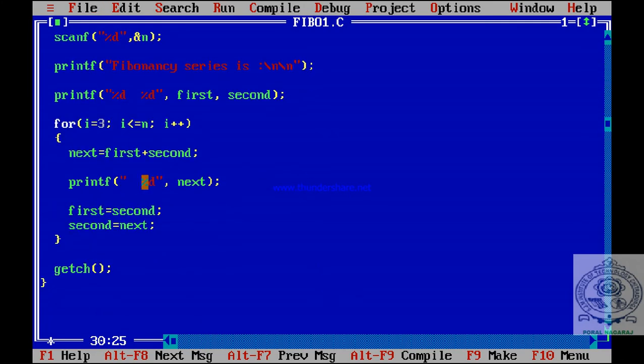So here actually after %d I had left a blank space, that's why it was giving a problem. So first you have to leave it. See here, after printing, the print control will be there only, but there should be a space to print the next number. So that's why this is the space. Here there is the space. Now you can compile it.